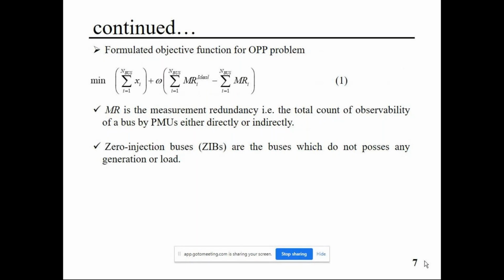So you go for either minimization of a function or maximization of a function. So for instance, here you are taking the measurement redundancy and the number of buses where your PMU is being deployed, and